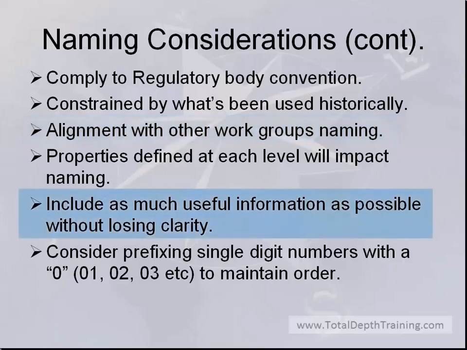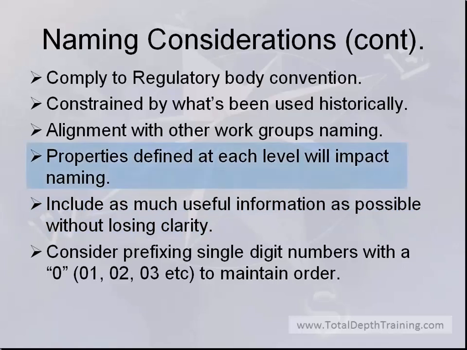Obviously, you need to include as much useful information as you can in the space available, given that the space is limited. It's important not to lose any clarity. And we need to understand what specific properties are defined at each level in compass, because these properties will impact the naming convention to a degree. Also notice that there might be a difference between the way that, say, a directional service provider sets up their data